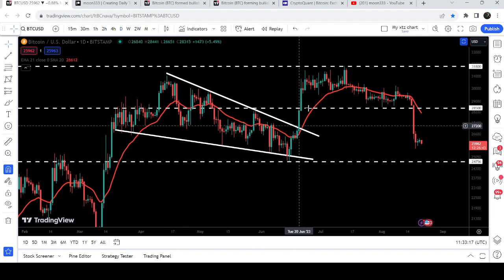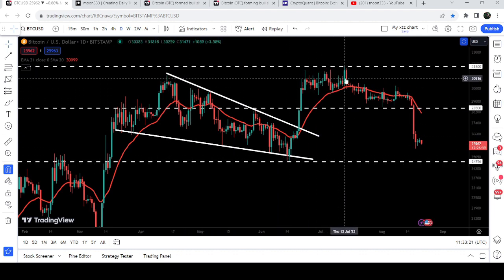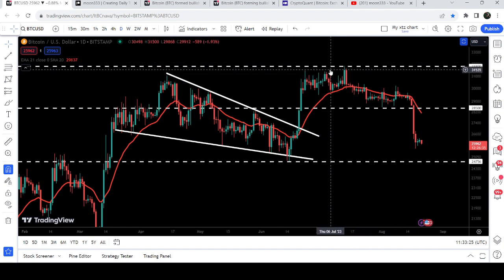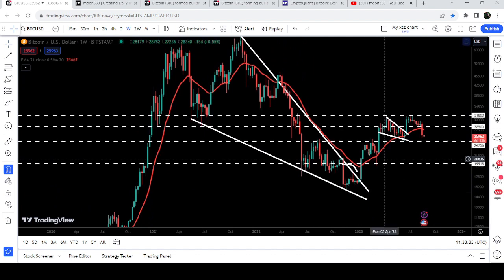And now you can see that after the breakout, we had a target here at the top of the wedge, and you can see that the price slightly moved beyond that target, but could not break out this very significant resistance of $31,800. If we switch back to the weekly time frame chart, then we can see that previously this level had